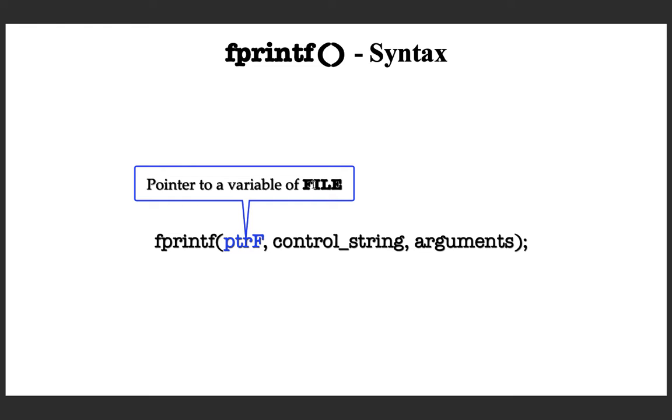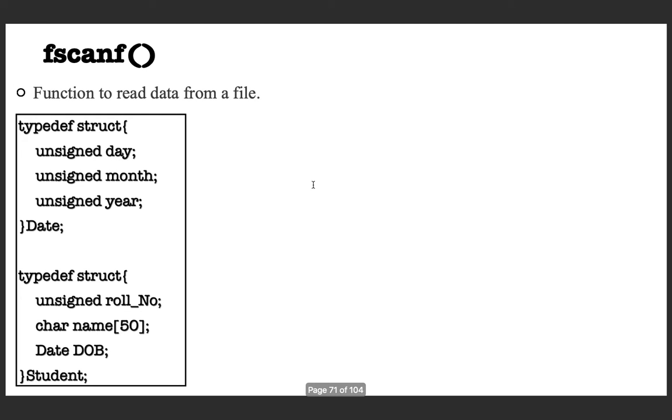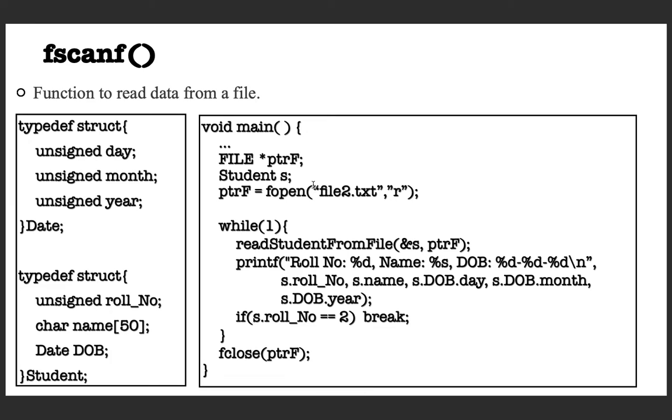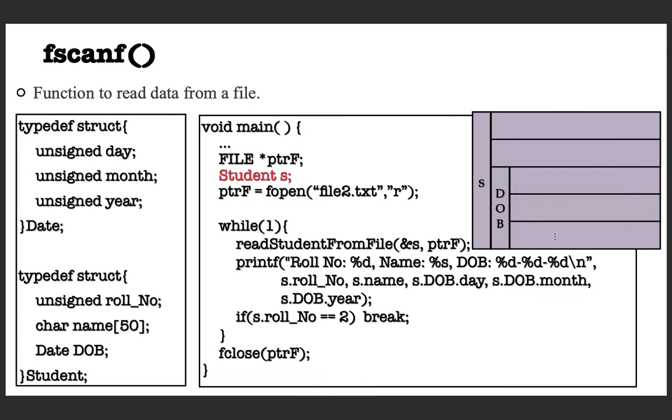Note that we have also looked at how a structure variable can be passed by reference or pointer. Now we are going to see the opposite operation, that is reading from a file using fscanf. It is a function to read data from a file. We will be looking at the same file that we created as an example. Here is the same structure, and this function we will see when we try to simulate it. It is declaring a file handle, and also a structure variable. It is getting an object like this, then it is opening that file.